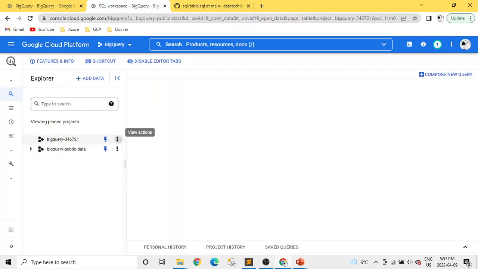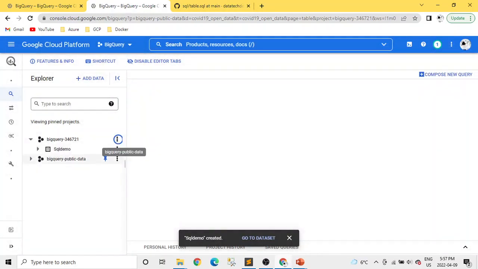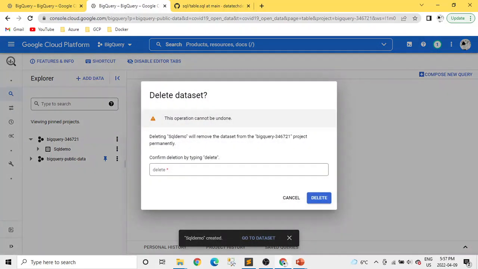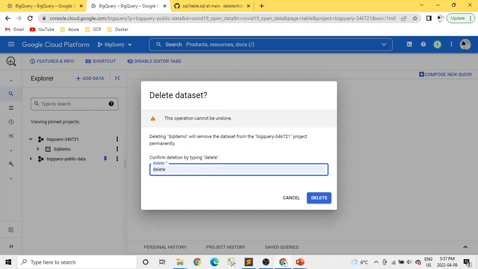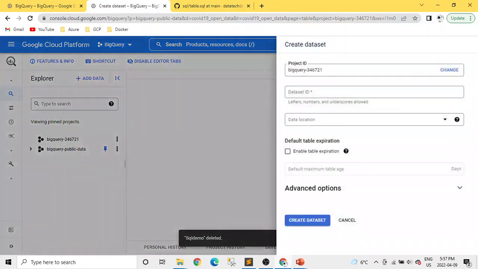So what we can do is create a data set. Click on create data set and give it a name. Let's say SQL demo. Oh, sorry, my bad. It picked the wrong one, let me delete this, because there are a couple of other options I want to show you. Okay, click on the project name, create dataset, SQL